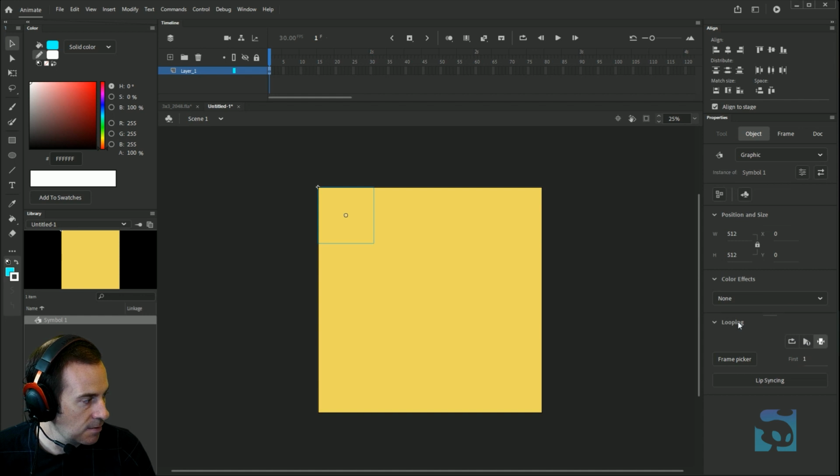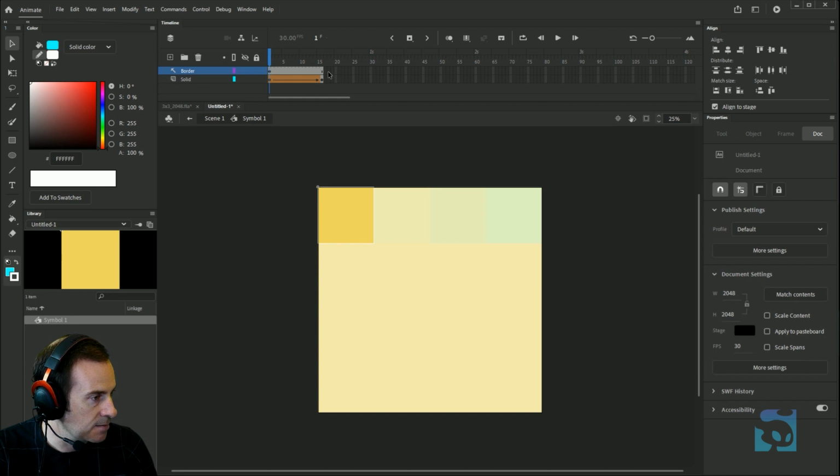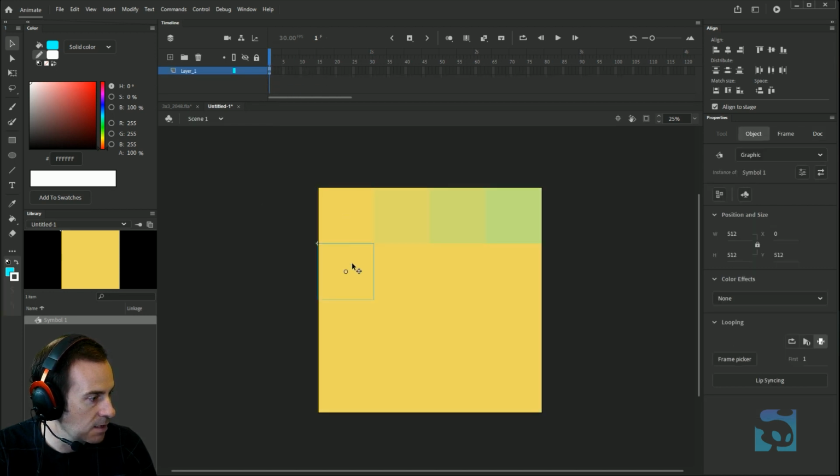All right, so this is already frame 1. We're set there. This is going to be frame 2. It's going to be frame 3. And you should be seeing the colors that you did show up. If not, go back inside and double check that you've got everything working from here to here and that you've got this set to a single frame. Okay, set that to 5, 6, 7, 8,